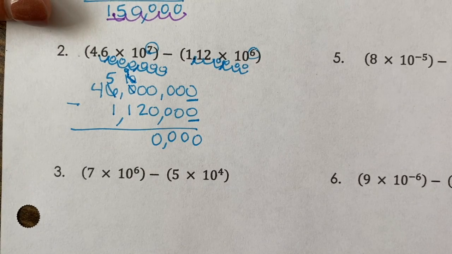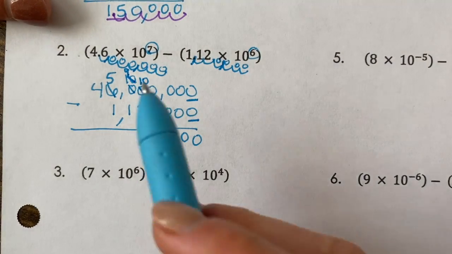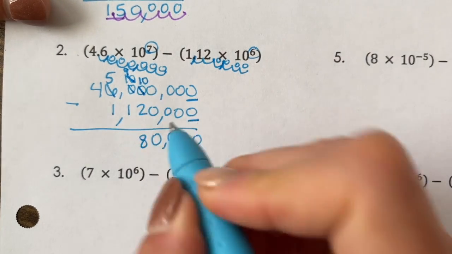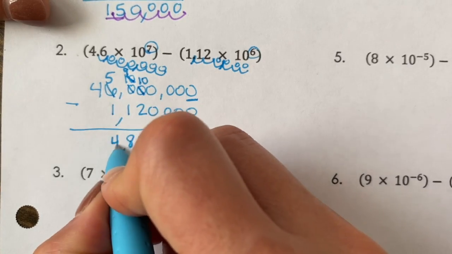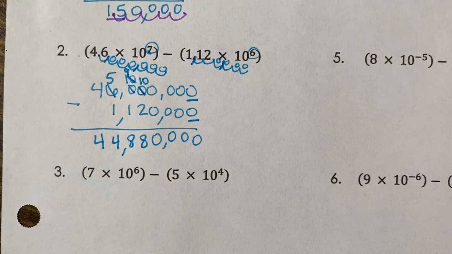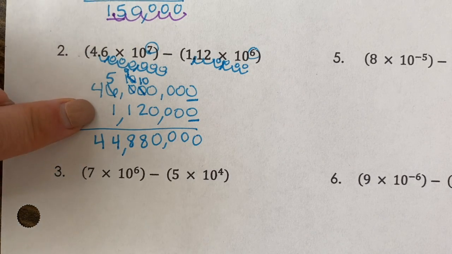That becomes 9. Sorry, it's getting a little small. Now this 0 is a 10. 10 minus 2 is 8. 9 minus 1 is 8. 5 minus 1 is 4. And bring down your 4. So 46 million minus 1,120,000 leaves you with